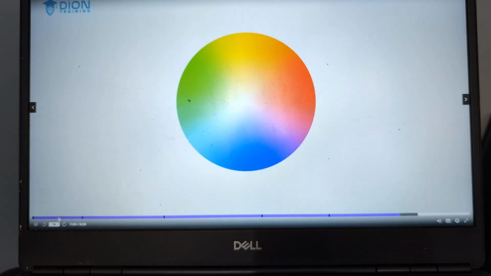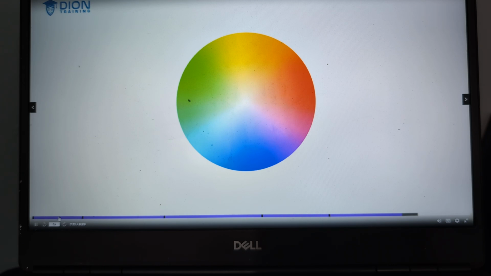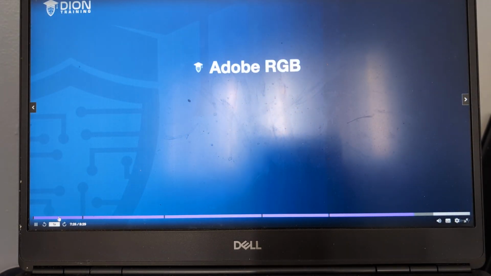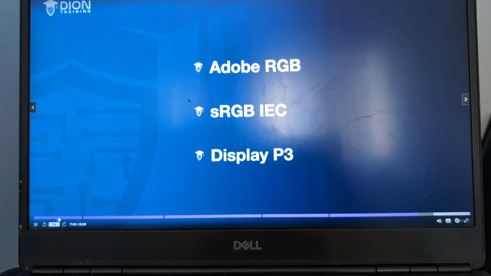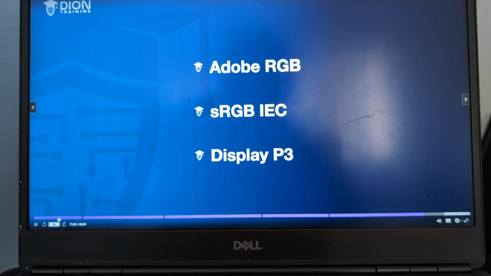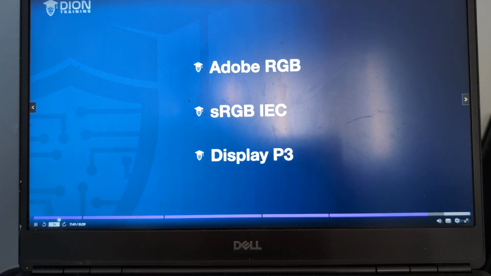The other thing that might go wrong with color displays is what's known as the color profile. If you select the wrong color profile in your system settings, this will actually display colors differently based on that color profile. For example, there are a couple of main color profiles that are usually used by people, including Adobe RGB, the sRGB IEC version, and Display P3. Now, for most of us as the average user, you probably aren't going to be too particular about the color profile you're using, but if you are working in graphics, design, video editing, or things like that, you really need